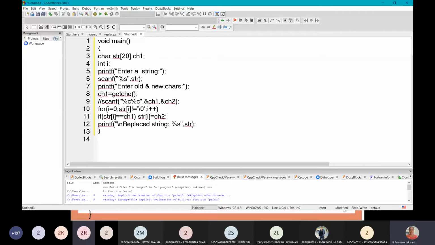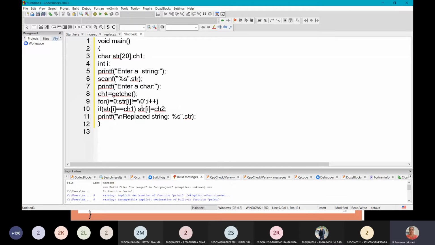One character, a character. Now we'll check with the i not equal to null, if str of i equals ch, then the count variable.